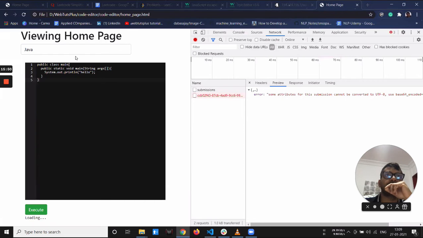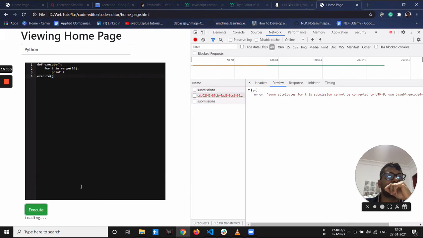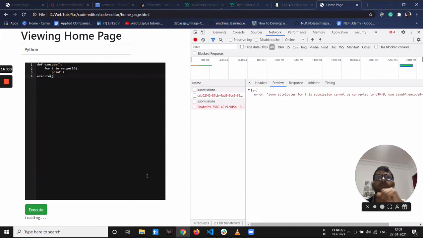If you just use the Python code and print, will it work? No, same issue. But it was working in my code, right? So see what changed. When I did it by changing it to another page, it also worked. But since I tried incorporating it in the same page, it is not working.